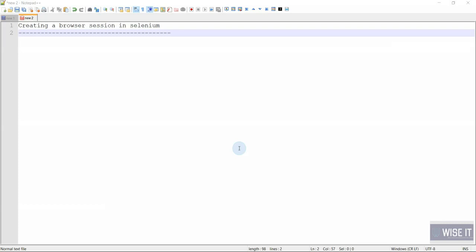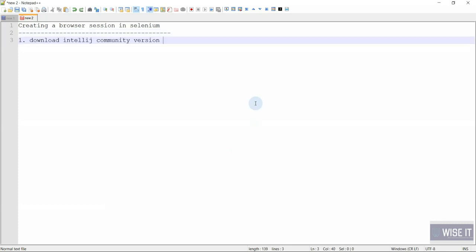So our first step would be using IntelliJ IDEA. So why we'll be using IntelliJ and not Eclipse? Because IntelliJ is very easy if you compare it with Eclipse, and its learning curve also is very good. So आप बहुत जल्दी learn करेंगे इसको, and it provides a lot of inbuilt functionality that will help you in creating your project with much easy pace.